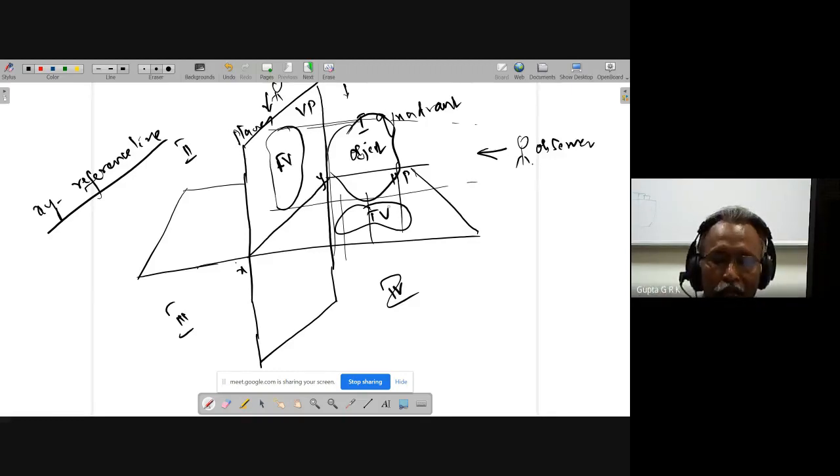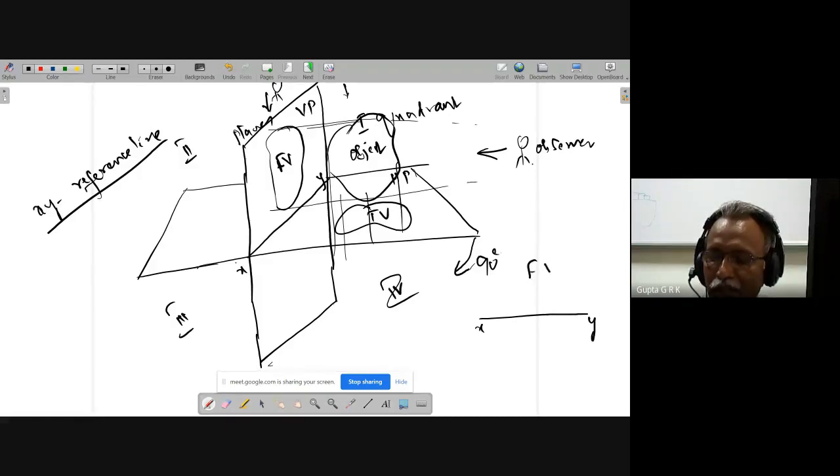Now these views are to be drawn on a sheet. How can we draw it? Because they are in two perpendicular planes, I want to make this into a single plane. So what people have chosen is to turn the horizontal plane by 90 degrees in the clockwise direction. Then this top view comes down and joins with this. So here I will have XY, above this I will have the front view, and below this I will get the top view. Is that clear?